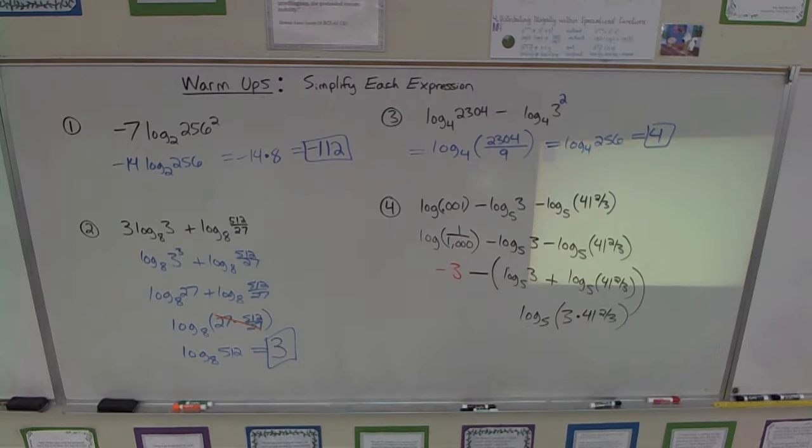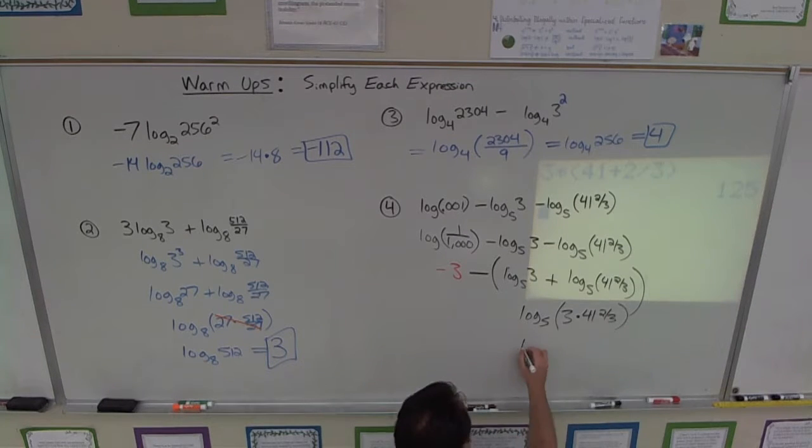So here's how I would enter that in my calculator. 3 times, then I'd put a parenthesis, and I'd go 41. How do I put 2/3 in the calculator? You could do alpha stuff, that's fine, but how do you combine it with 41? Plus. That might seem obvious to some of you, but it wasn't always obvious to me. And so since it's just 2/3, I don't even have to be careful. I can just say 2 divided by 3, and I'm good. So that's going to be 3 times 41 2/3, which came out nice. So that should come out to